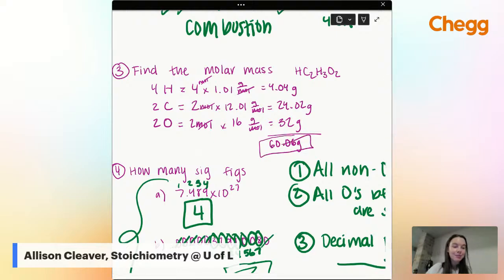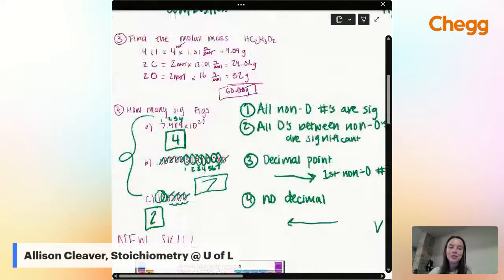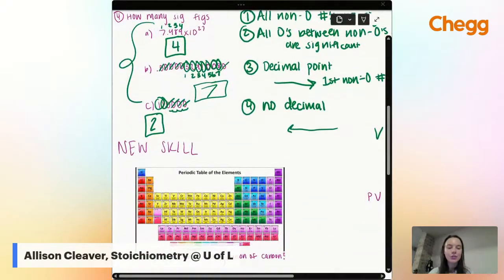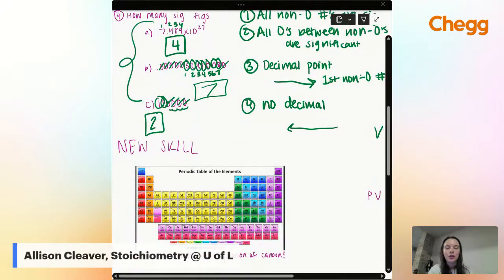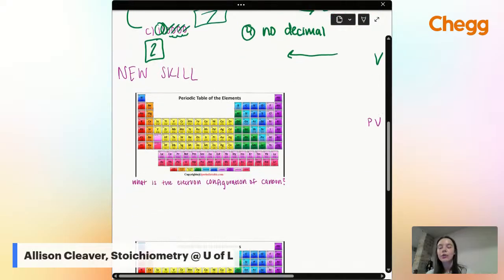And remember, type those answers in the chat to check and lock it in. But that is how we find the molar mass of acetic acid. And that is all of our warm-up problems for the day. So again, if you have any of those questions, if we do have a question on how to find molecular formula from given percent values of elements, type any questions you have in the chat. I would love to answer them, but for now, until we have some questions, we are going to work on